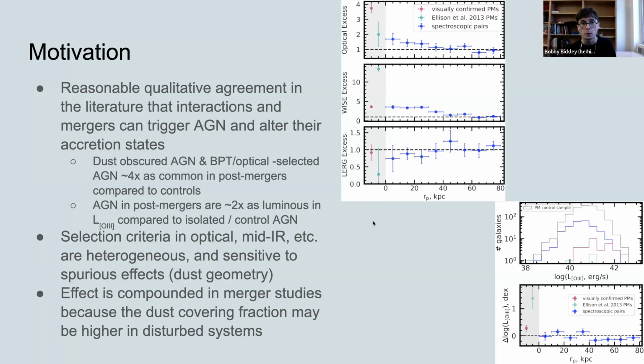And it would be nice to find a way to work around these, because we actually think that mergers are going to be sensitive to these orientation effects, particularly where dust is concerned, because we expect there should be some either galaxy scale or even nuclear scale 3D distribution of dust as a result of the morphological disturbance that is taking place. So it'd be nice to work around this.